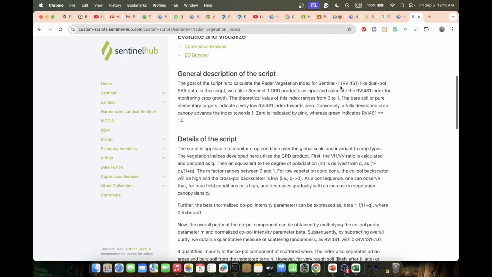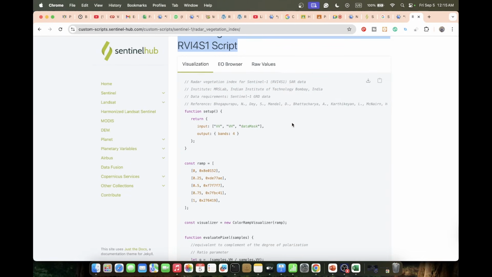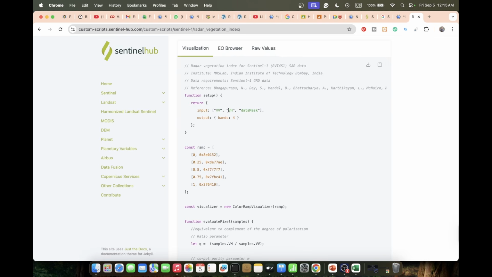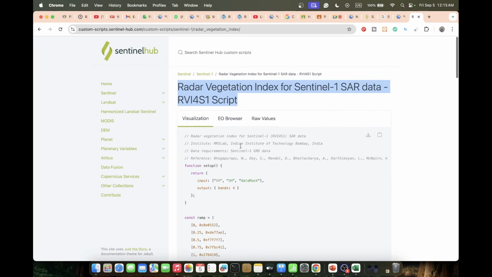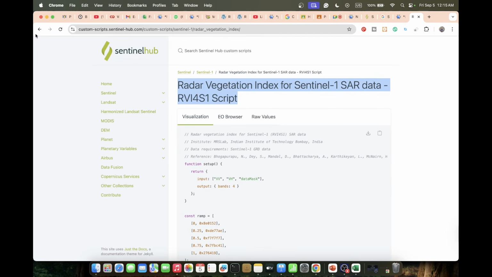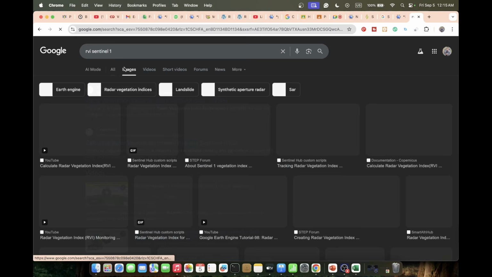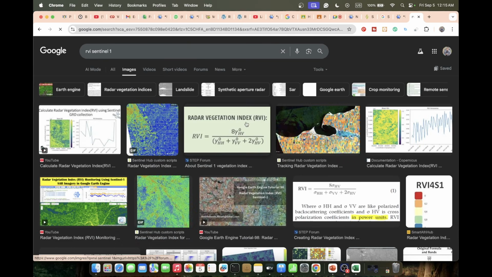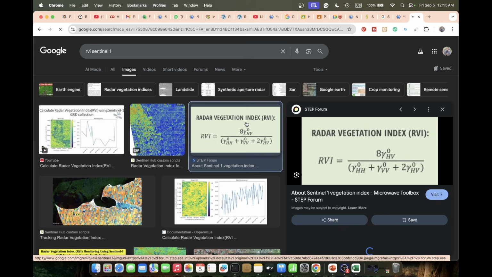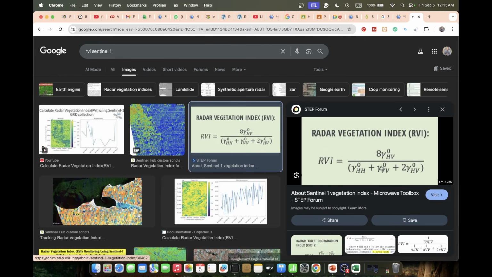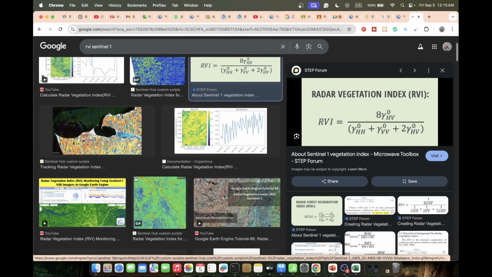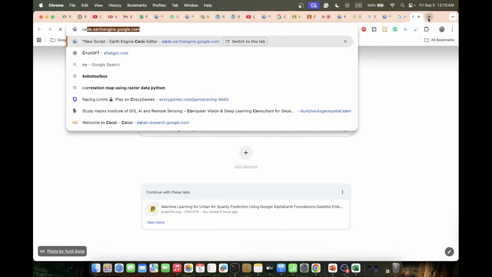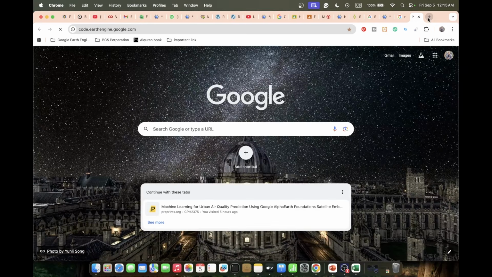RVI formula. So we need the VV and VH bands. Let me show it in just a minute. Yeah, this is the formula. You can see this is the RVI, the radar vegetation index. When you compute this formula, we can easily get the vegetation, and we can easily identify water and vegetation or dense vegetation. Okay. So if I simply show you the code, it's called the radar vegetation